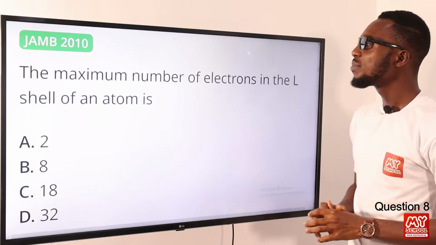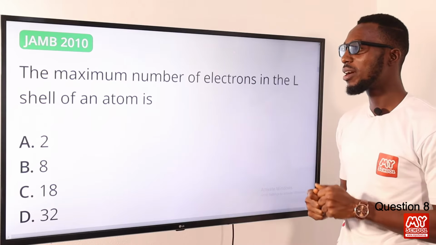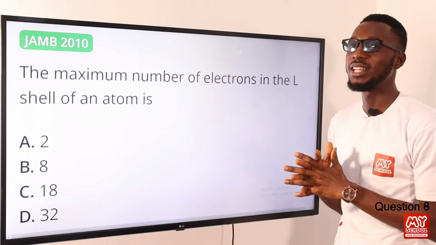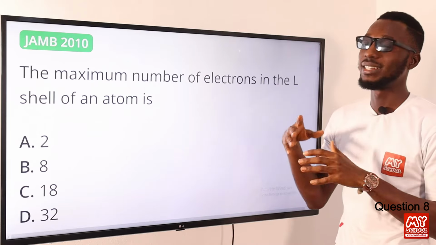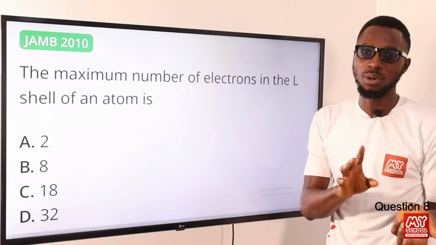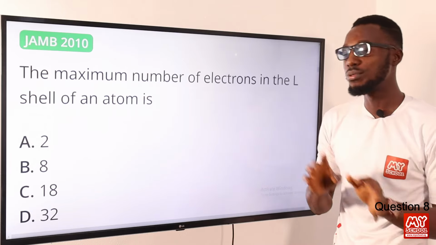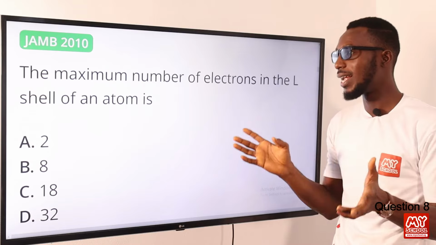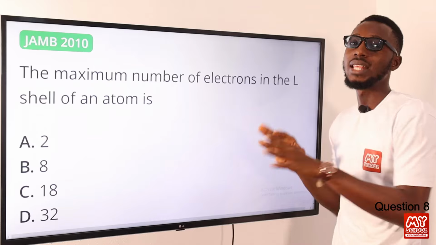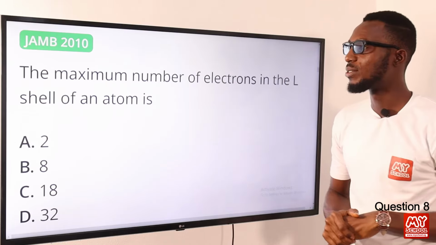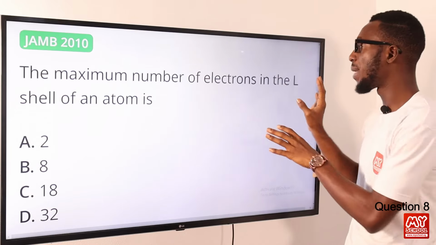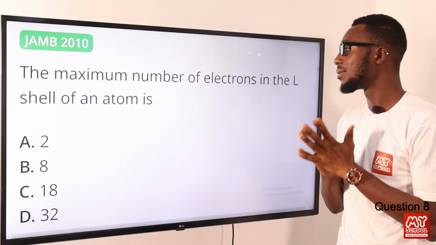8. The maximum number of electrons in the L shell of an atom is what? You should know that these shells are actually numbered. We talk about the principal quantum number, that is n. The first orbit is n equals 1, the next orbit n equals 2, then 3, 4, like that. The first orbit is the K shell, followed by the L shell, M, N, O, P. So to determine the maximum number of electrons that a particular shell can contain,